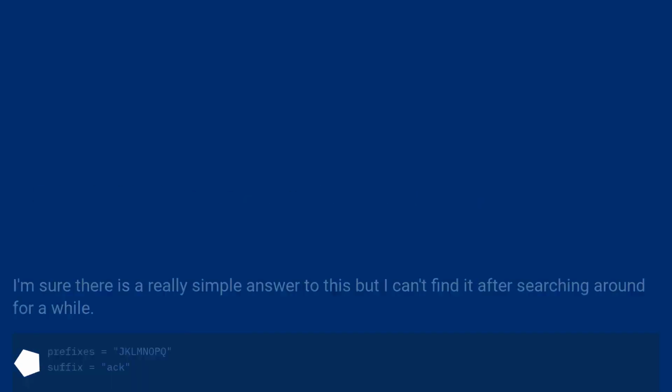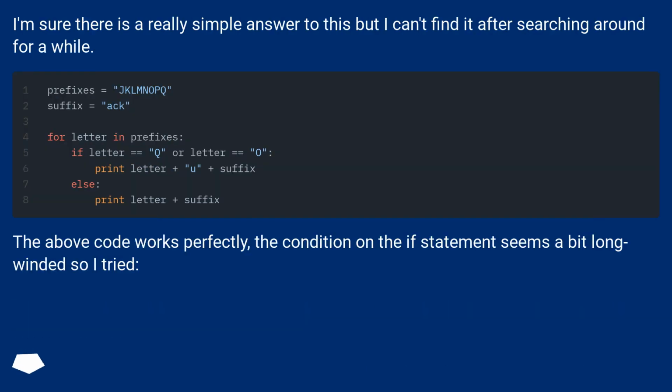Using or in if statement conditions. I'm sure there is a really simple answer to this, but I can't find it after searching around for a while. The above code works perfectly. The condition on the if statement seems a bit long-winded, so I tried: